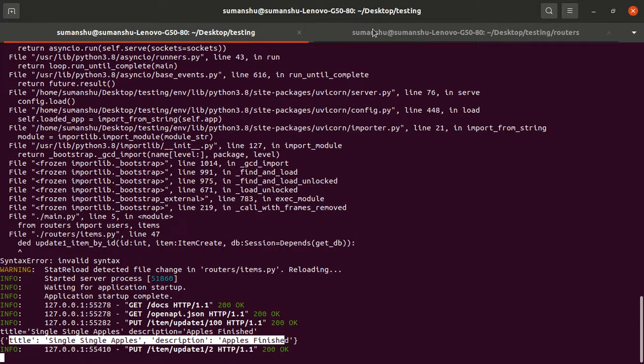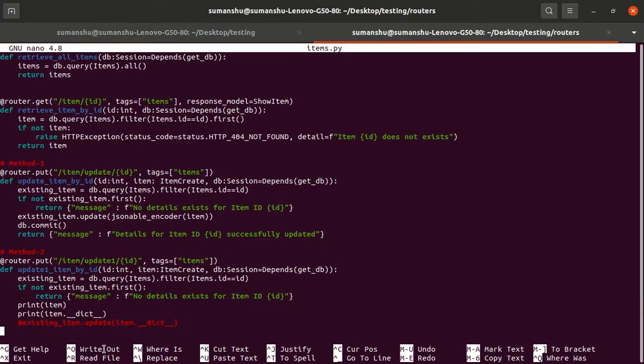So it performs the same as the jsonable_encoder. If you don't want to use the jsonable_encoder, it's up to you. Then we have to use .__dict__, right? So let me remove that and update that. Once the item gets updated, we have to commit that.